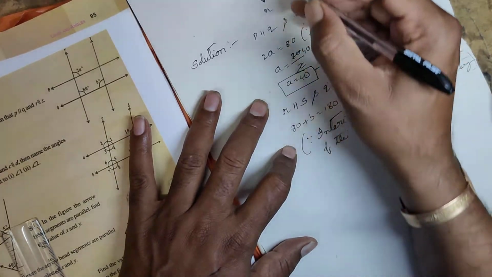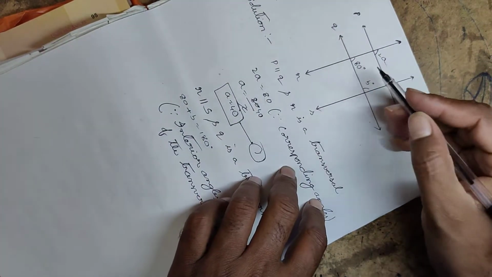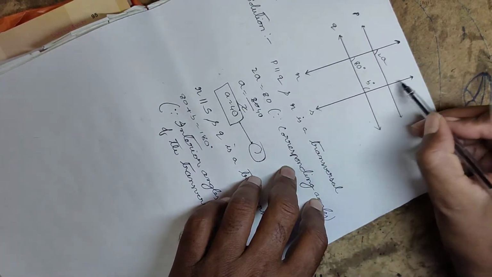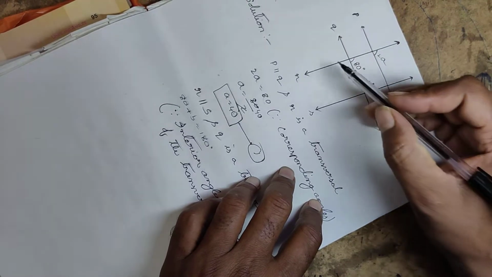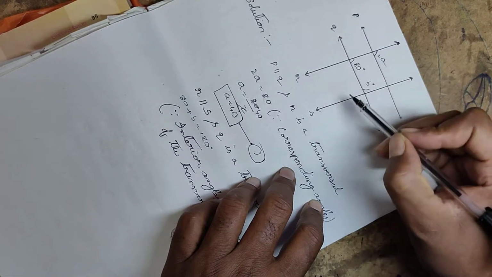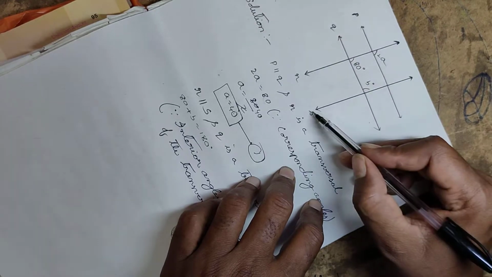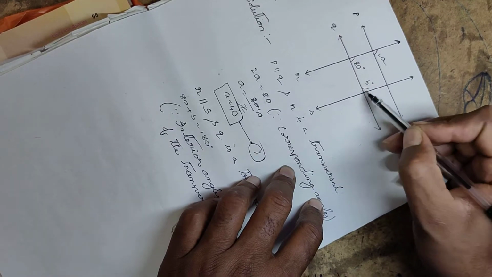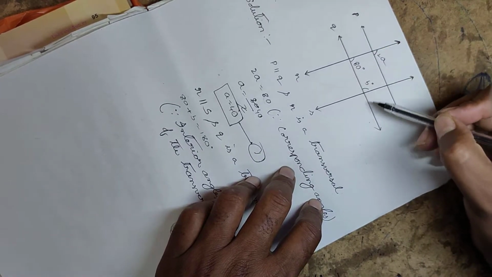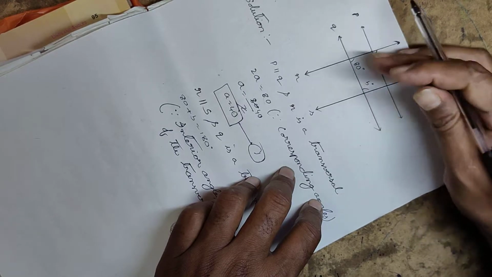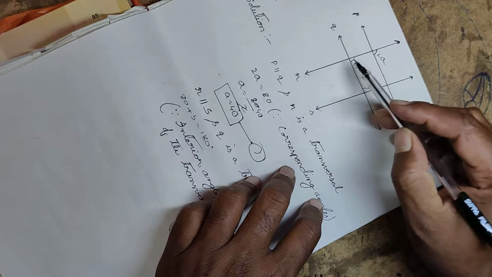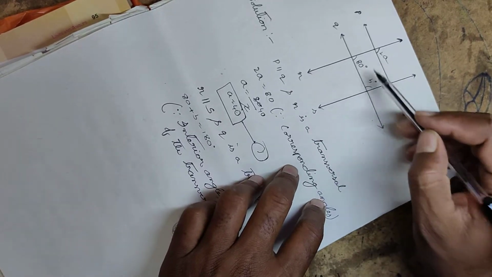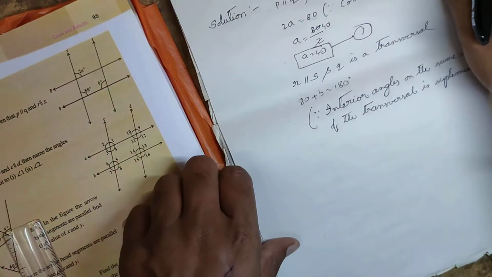Now you have to rotate this paper like this. This is R, this is S. R and S are parallel and Q is a line intersecting R at one point. The same Q line is intersecting S at another point. So Q becomes a transversal. So 80 and B are interior angles on the same side of the transversal, they are supplementary if R is parallel to S. So 80 plus B is equal to 180.